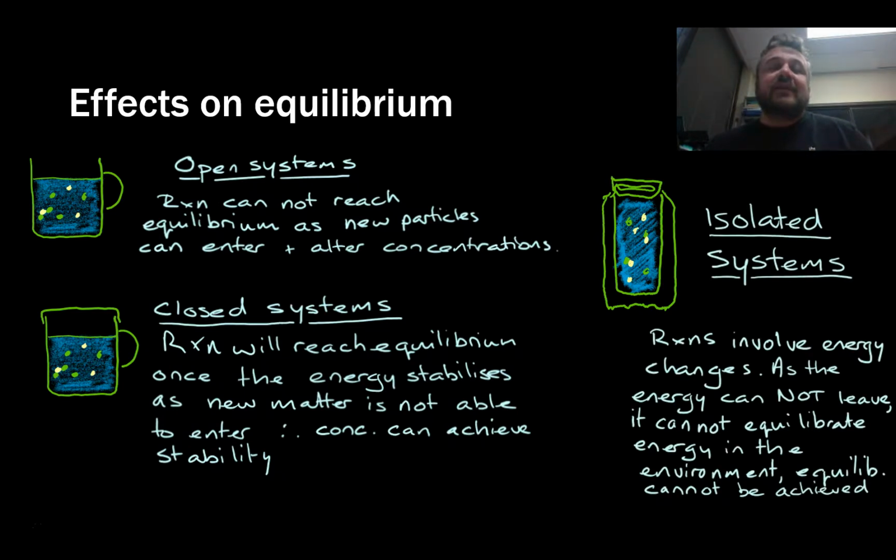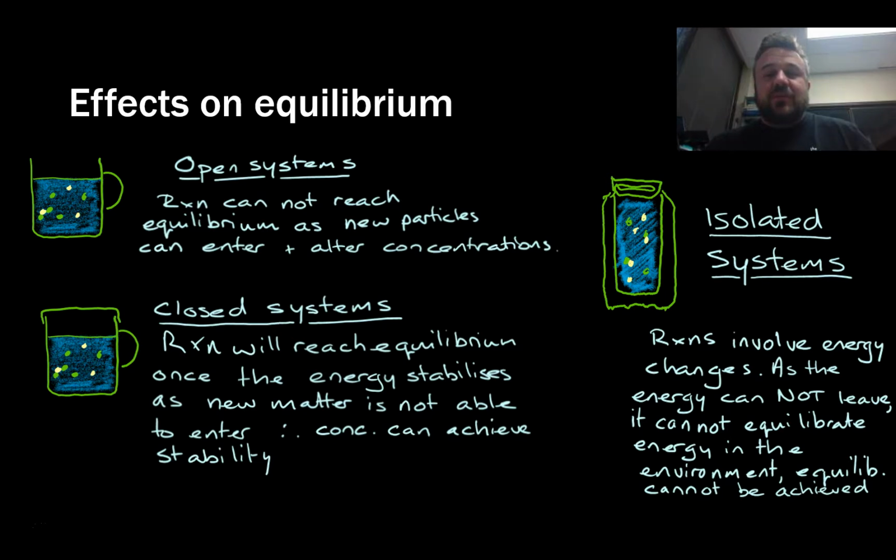Now, if we look at an isolated system, the first instinct is that this should be able to achieve an equilibrium, but it won't, right? The reason is, matter can't come in or out, therefore it's not able to change the concentration that way. But reactions involve energy changes. So energy can't get in, and energy also can't leave. So if you don't have anywhere for the energy to go,